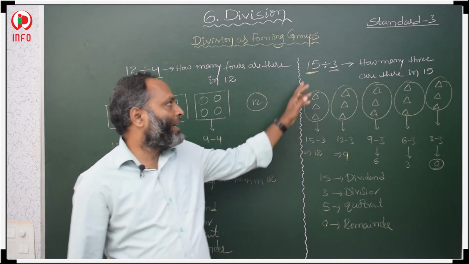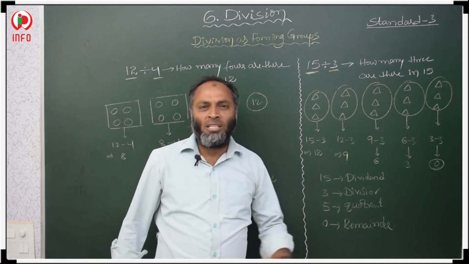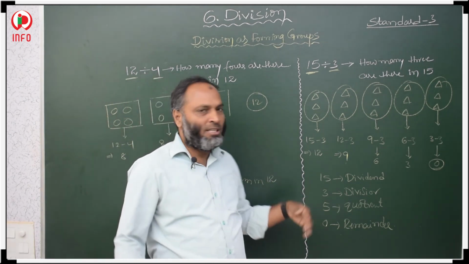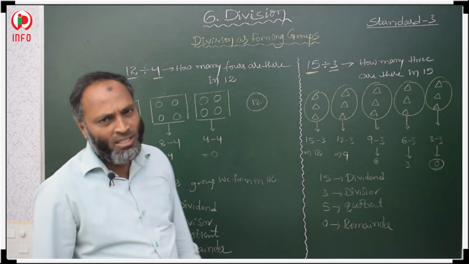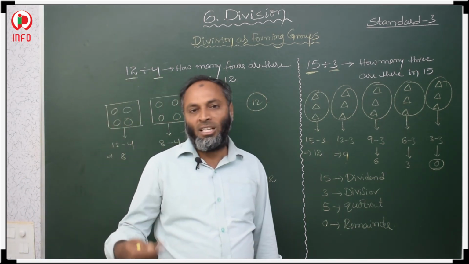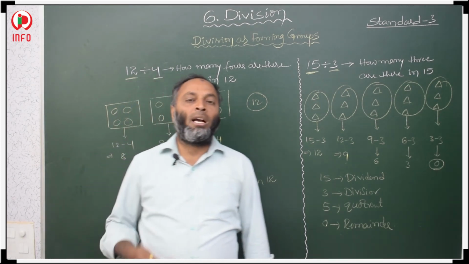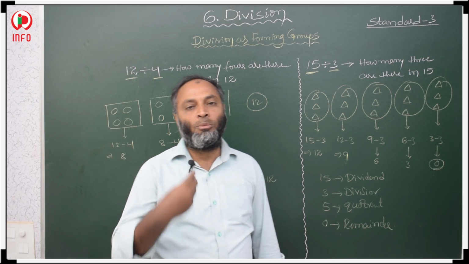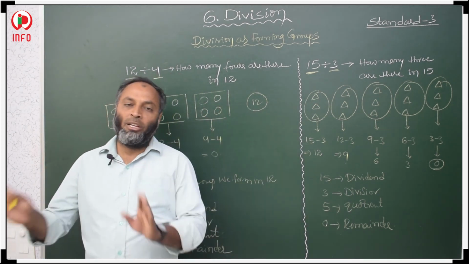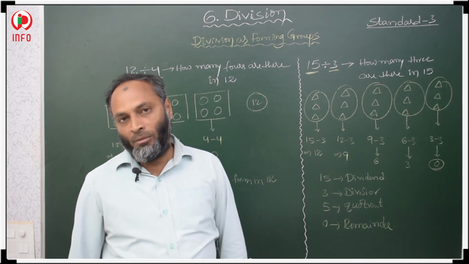Okay. If 15 minus 3 or 12 minus 4 is given and asked how many groups are formed, and nothing is given, meaning no articles or things were given, then just take circles or triangles on your own, since they are easy to draw. Draw that type of diagrams and make groups, then check how many groups we formed here. That is nothing but our quotient, that many groups we form. Okay. So this is the way you have to do your problem.